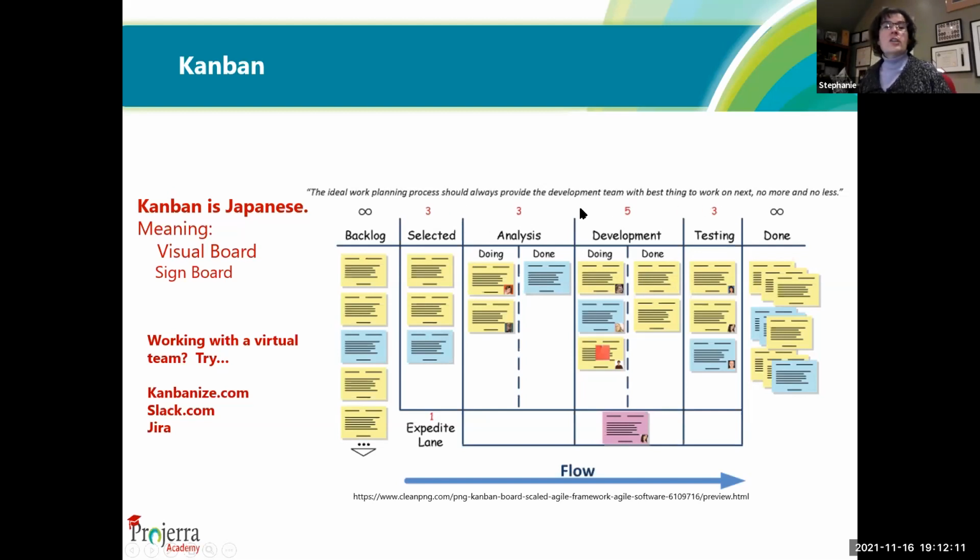That's a way of managing the flow, saying no more than 3 items in testing at one time, no more than 5 elements in development at one time. That way you don't overwhelm a single team with a bunch of different work that they need to do. But we know that there's always the VP that says, I've got this emergency, this client really needs this week.